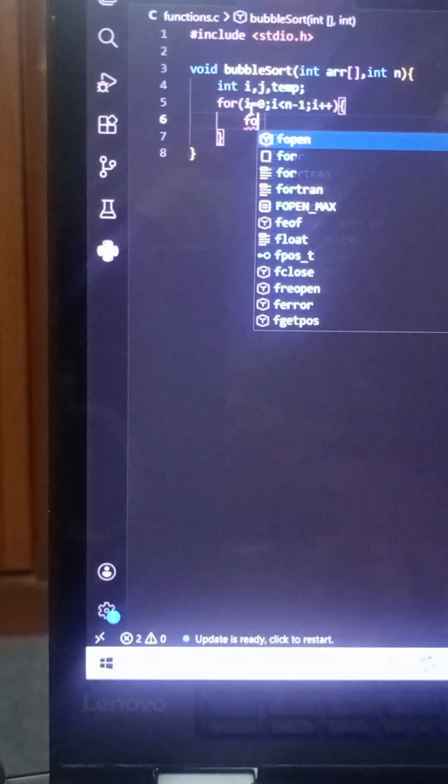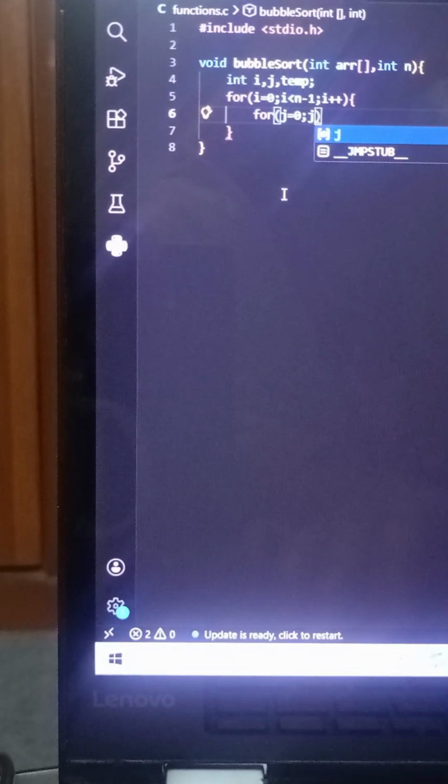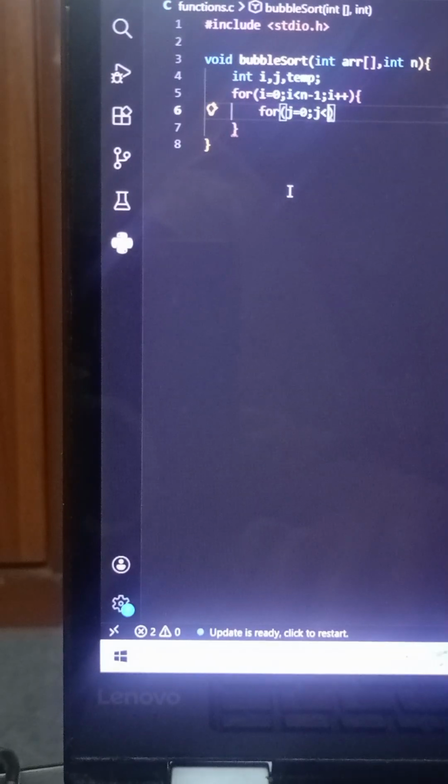Now I'm going to write a for loop for j. This is the outer loop, this is the inner loop, as you know. So if j is less than n minus 1, here I am going to write n minus i minus 1. So each time it is going to compare between,